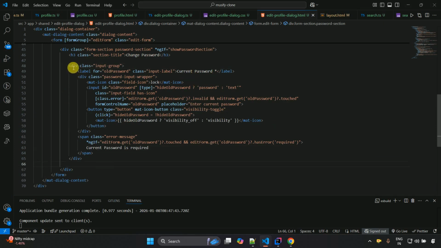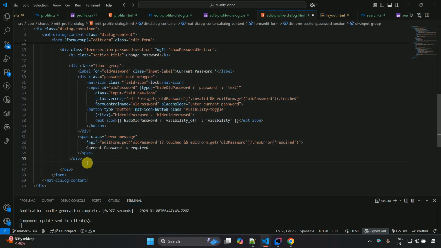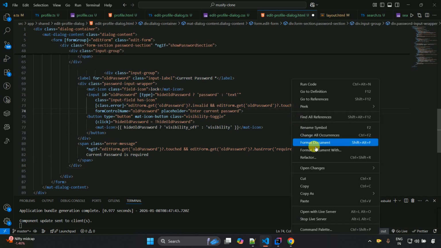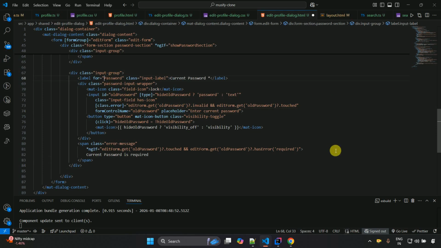Now let's copy this particular div, which is the input group part, and paste it after this div, and let me format this. So now we have two old password fields, so we are going to change this old password to the new password. So here we are going to write a new password, and over here we are going to change this to new password, and then this div is also correct, and then the mat icon,